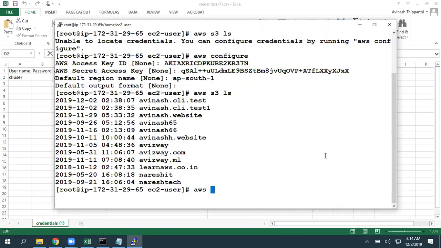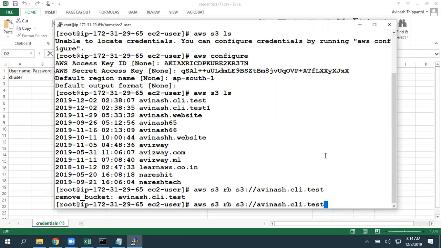aws s3 rb. For example, I want to delete a bucket. Remove bucket is success. Whenever you're trying to remove a bucket, it may throw some errors. In that case, what you can do is give --recursive.